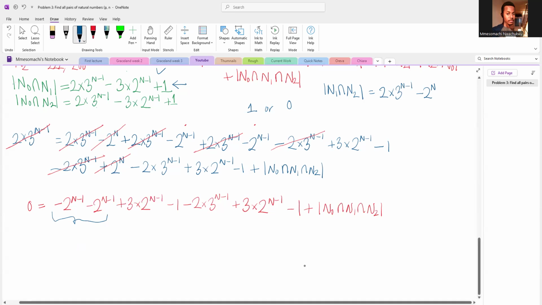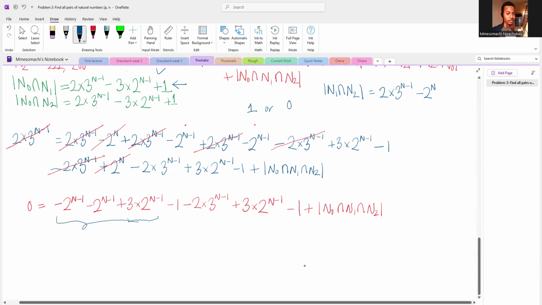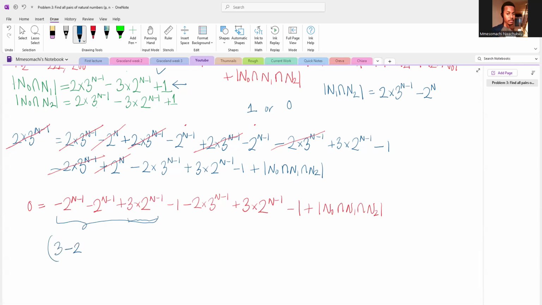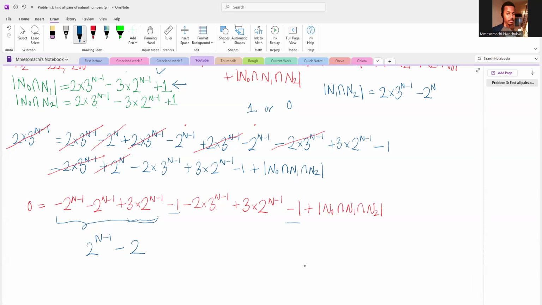So we have 3 times, and then we're subtracting it twice. So this 3 times here simplifies to 3 minus 2, times 2 to the power of n minus 1. Okay, so 3 minus 2 is 1. So those 3 times simplify to this. Then we have minus 1, so minus 2. And then we have